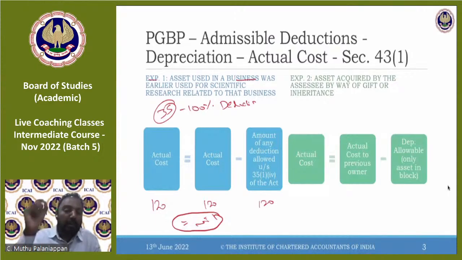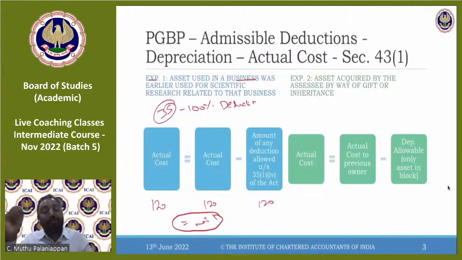So these are explanation numbers provided under section 43 clause 1. Explanation 2 says the asset that you are currently owning is being acquired by way of gift or inheritance. So what does it say? It says the actual cost for you. Let's say I am the current owner who has got it by inheritance, through my father's will. Now this asset, whichever I'm going to use, the cost of this asset to me will be the actual cost